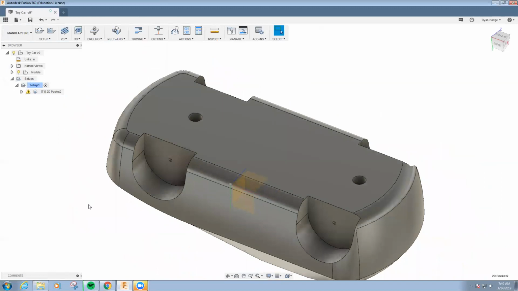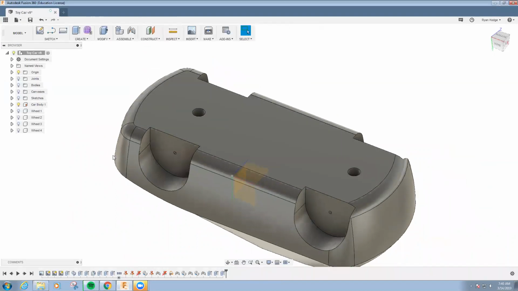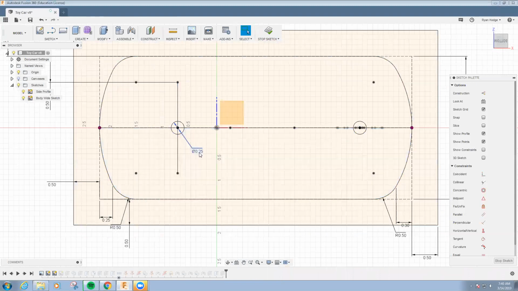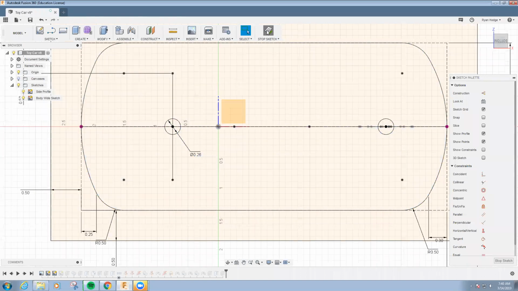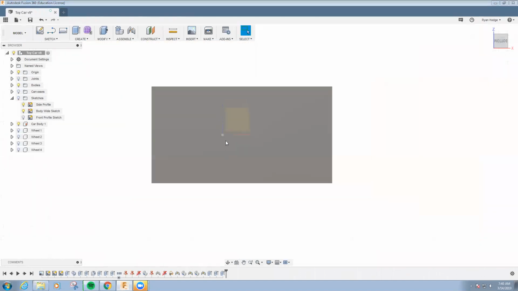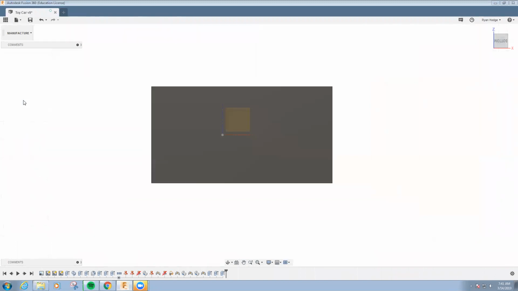So what I need to do is start off by going back to the model space. I'm going to revise this hole size, and I could do that in the sketches, my body wide sketch, and I'm going to give this a value of 0.26. That's a super small increase in the overall dimension, but it should allow for the bit to run. Close that, go back to manufacturing,